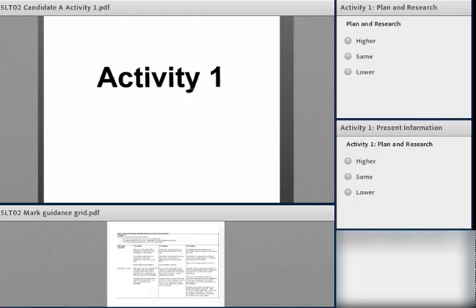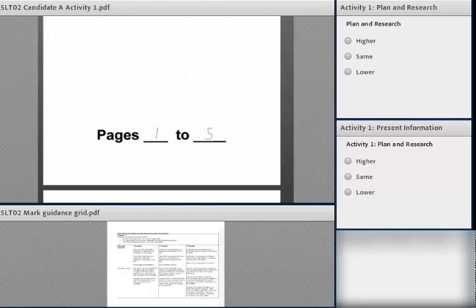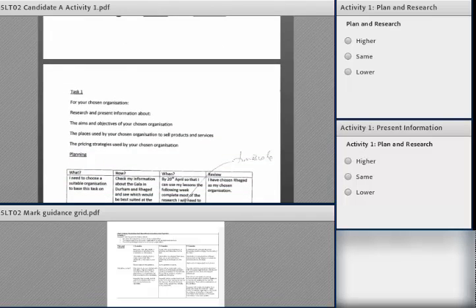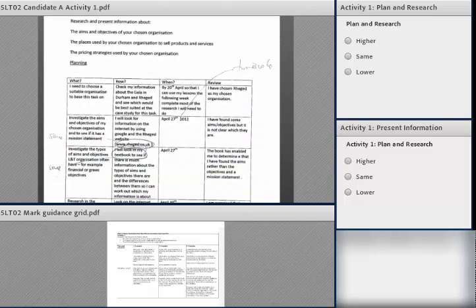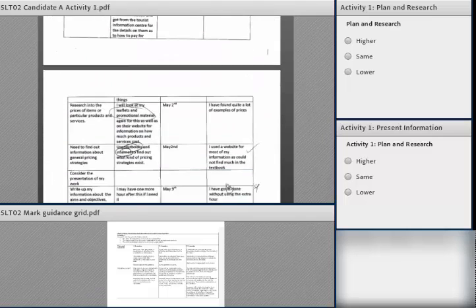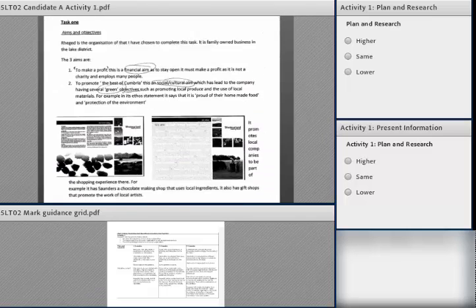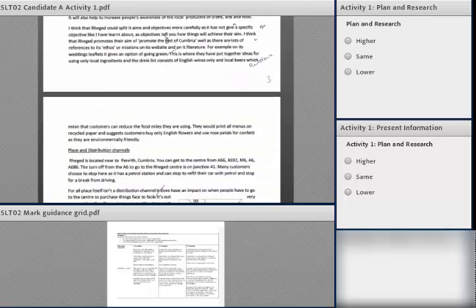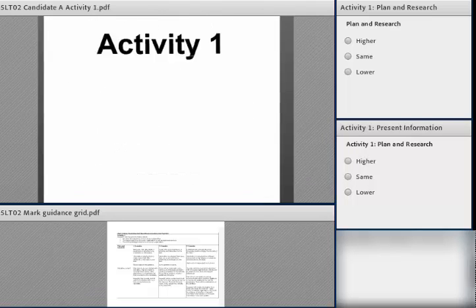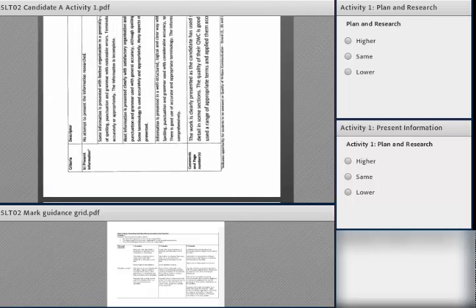And luckily they've broken it down so we can see that this is activity 1, so it's great. Okay, and have a look through here. I'm going to hand it over to you in a minute so you can briefly go through this for yourself. What I want you to do is have a quick look and see whether you agree with the 4 marks, whether you think it should be higher, the same or lower. So you're taking over the role of moderator.